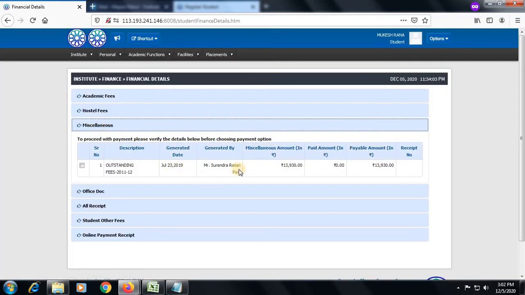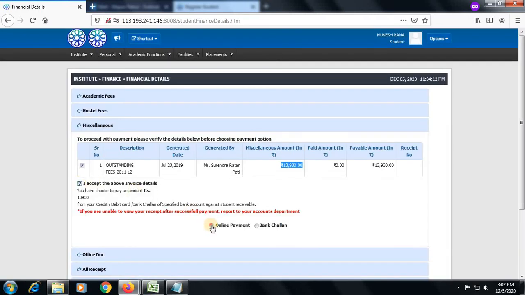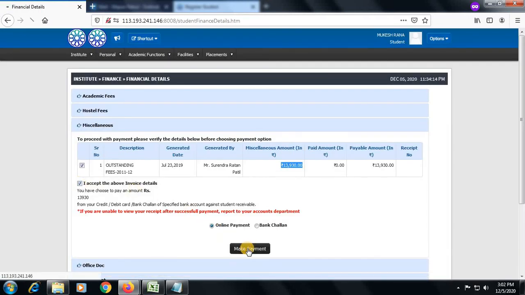Here the student will be able to see his outstanding amount, outstanding fees. Just check this box, accept it, click on online payment and make payment.